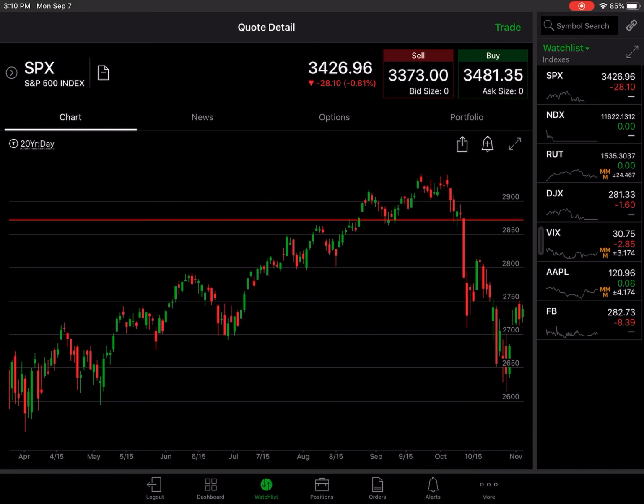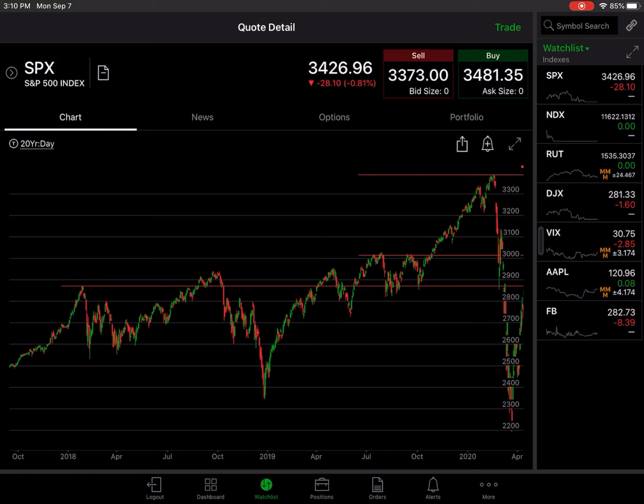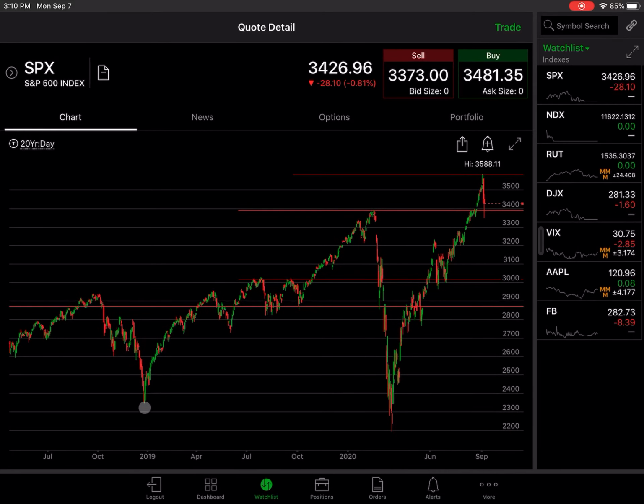And the reason why you draw lines like this is the market has a tendency to pause at points that it paused before in the past. And the more points that it paused at that same spot in the past, the more likely it's going to pause there again in the future. One of those places it really likes to pause is where it had an all-time high or a really big low. So this was a low last year, and this was the low from COVID-19,